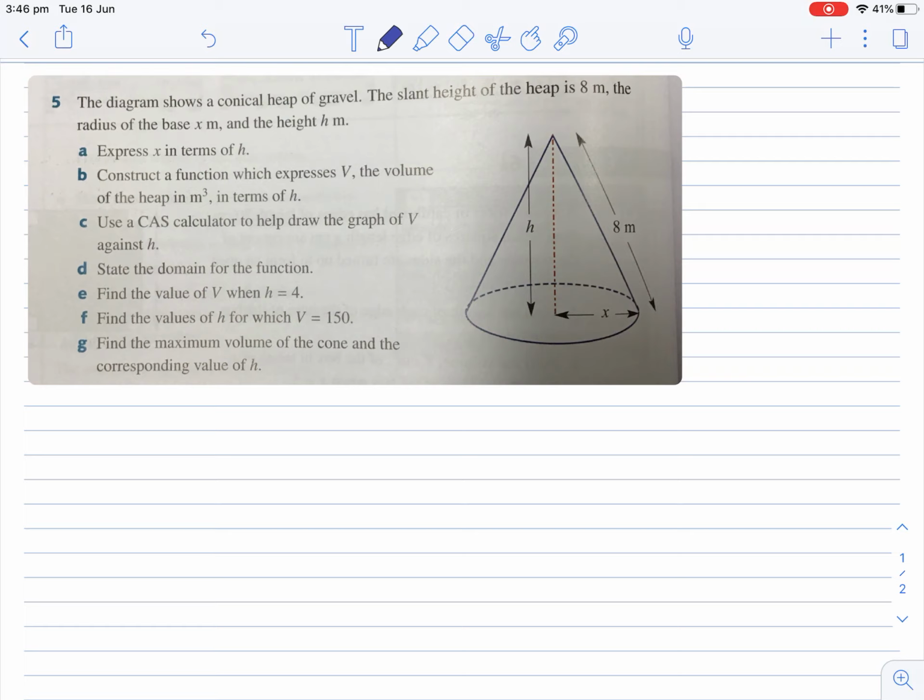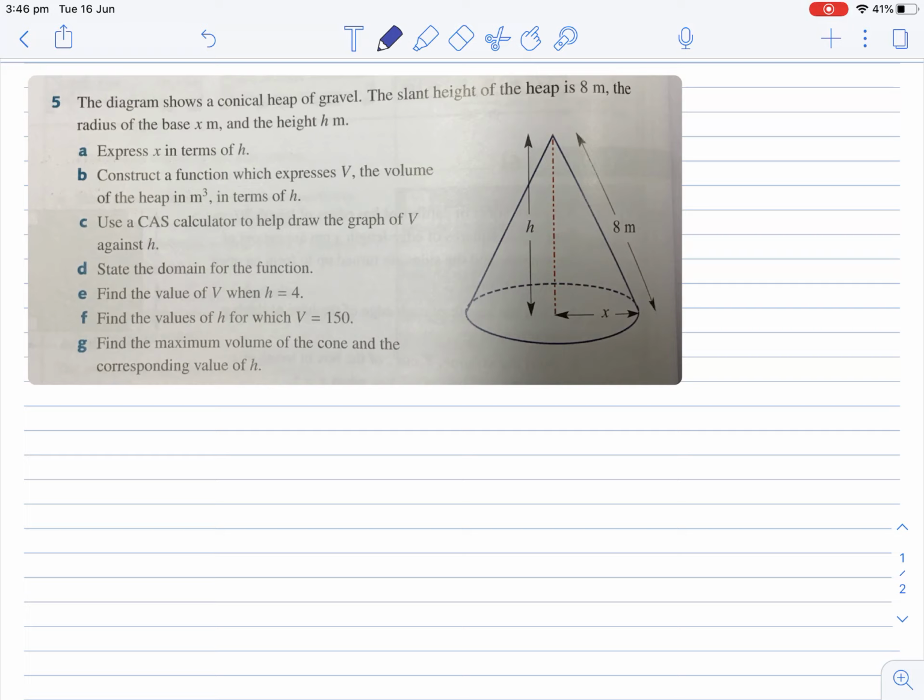A, we need to express x in terms of h. B, construct a function which expresses V, the volume of the heap in meters cubed, in terms of H. C, use a CAS calculator to help draw the graph of V against H. D, state the